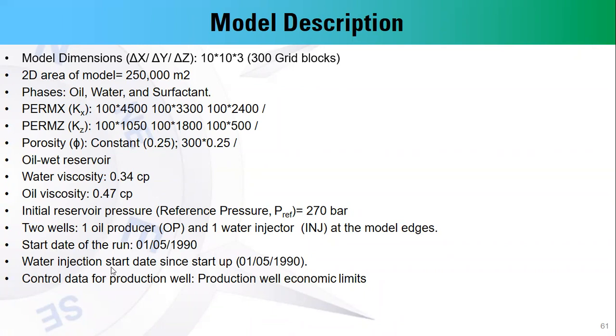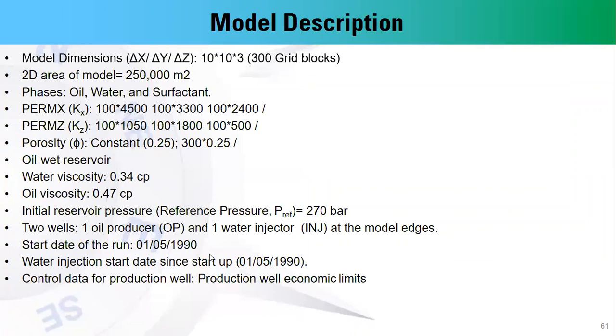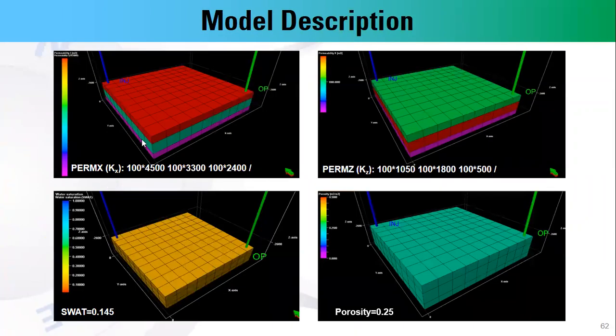This is the start of the simulation run, at the 1st of May 1990. We have a single producer and a single injector. This is the model description, with the permeability in X direction distribution, permeability in Z direction,